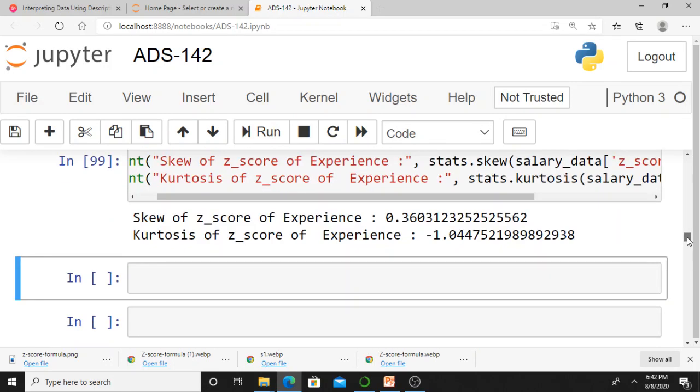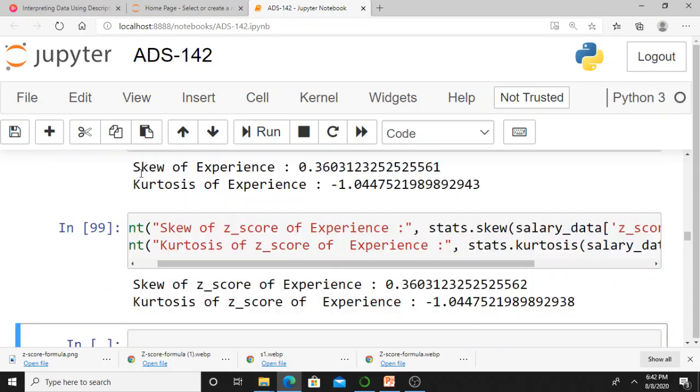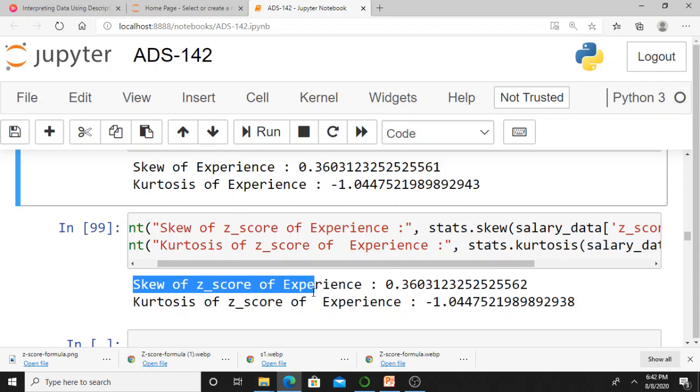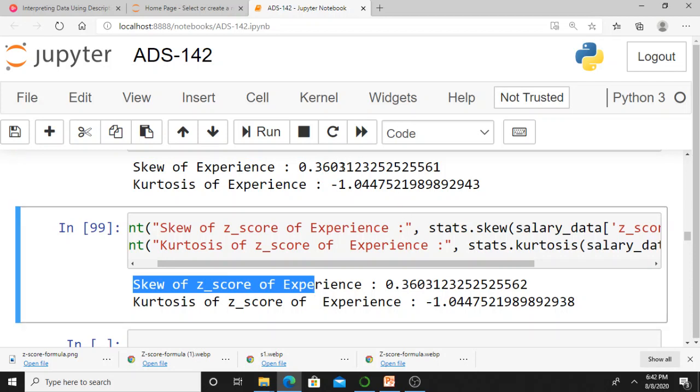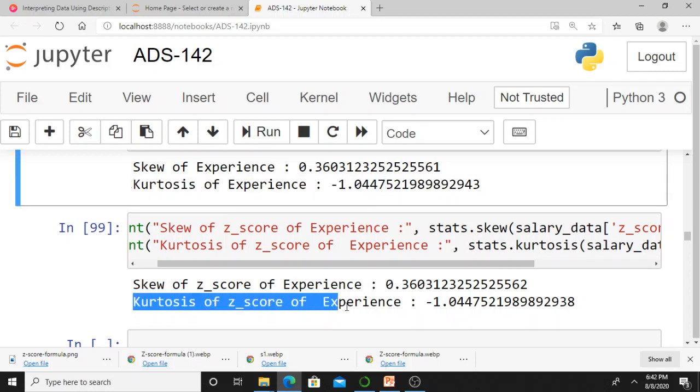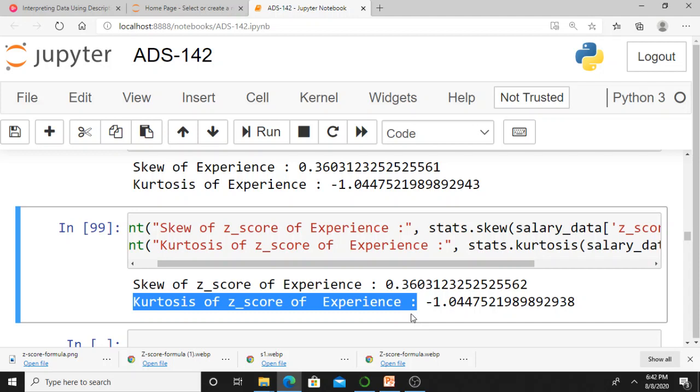Skewness of experience is 0.3603, and skewness of the Z-score of experience is the same, 0.3603. Kurtosis of experience is minus 1.0, and the kurtosis of the Z-score is the same. So you get the same skewness and kurtosis before and after converting into Z-score.